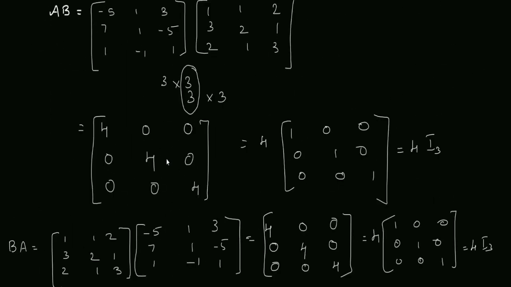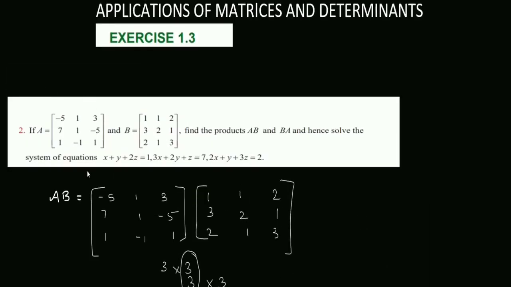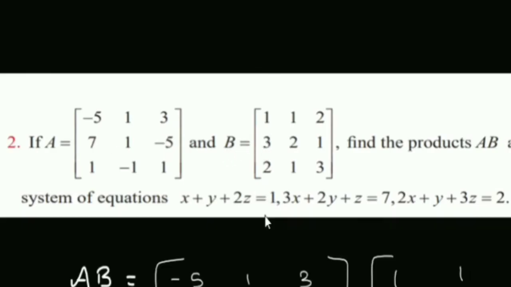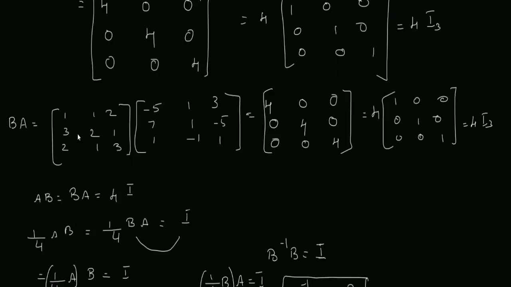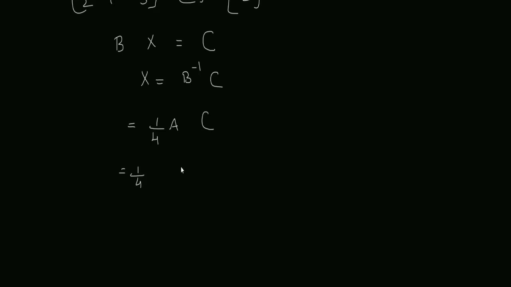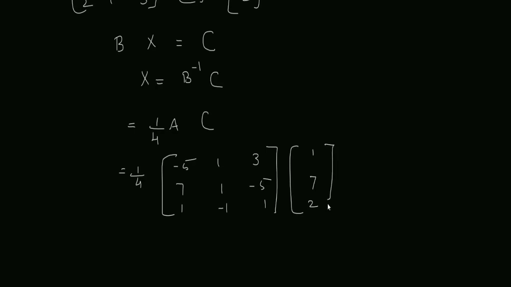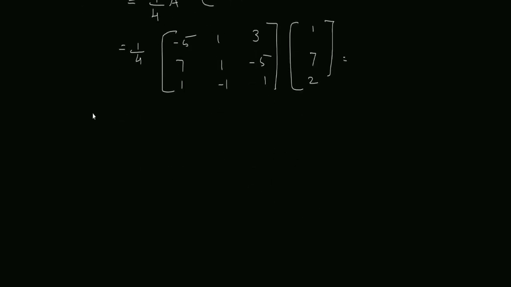What is the matrix A given in the question? This is the matrix A. So matrix B is given in the equation and matrix A is this. So 1 by 4 times matrix A. Matrix A is minus 5, 1, 3; 7, 1, minus 5; 1, minus 1, 1. Matrix C is 1, 7, 2. So just multiply these two matrices. So what do you get when you multiply? 1 by 4